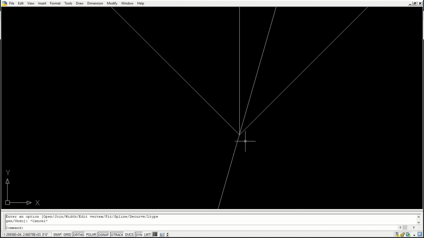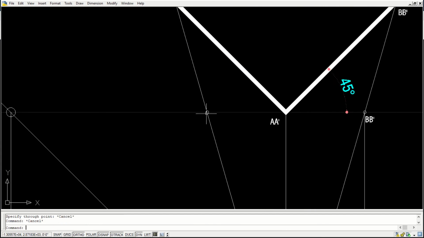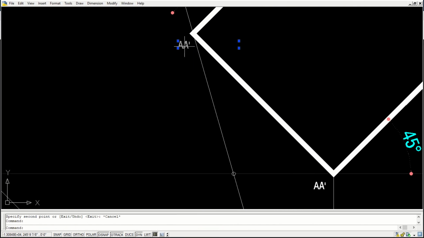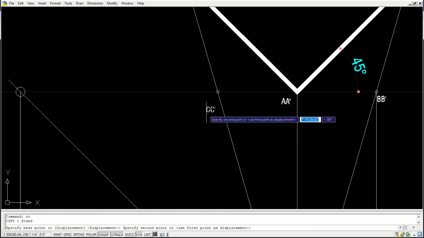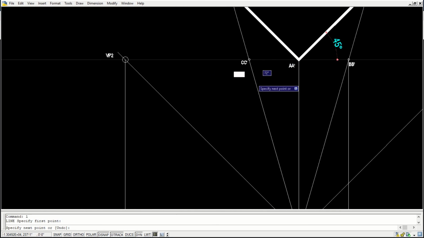I do the same thing. I'll use a projection line and bring this edge, let's call it CC dash. From here you take a vertical line.